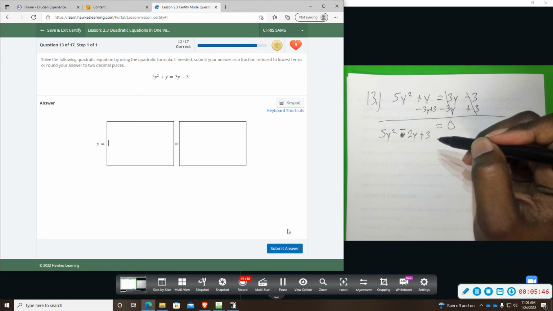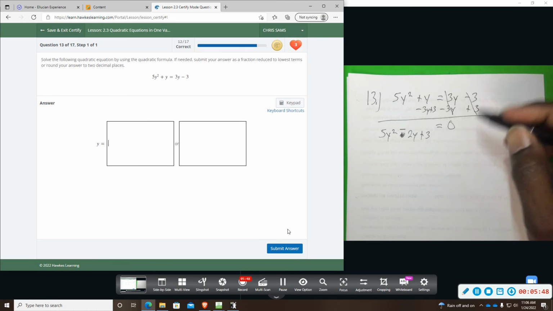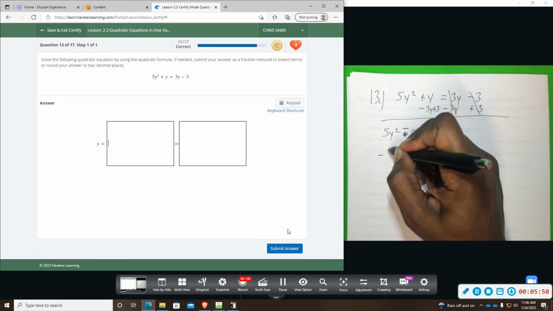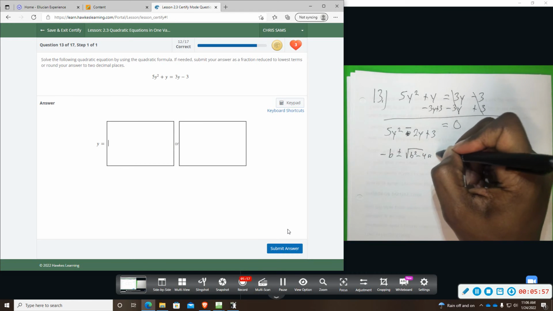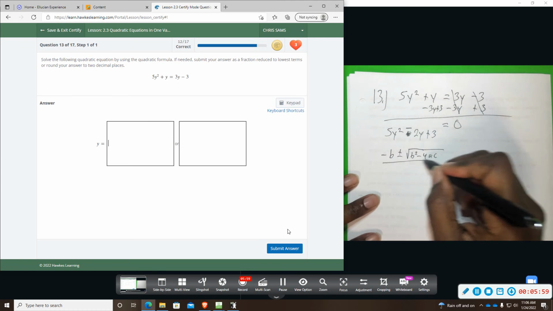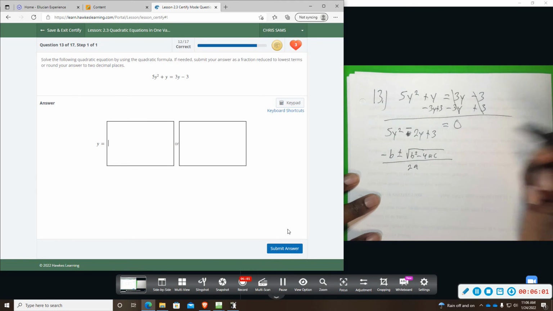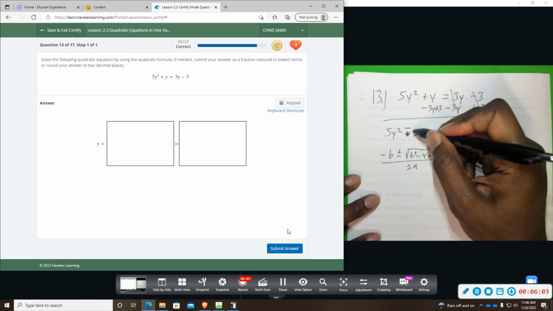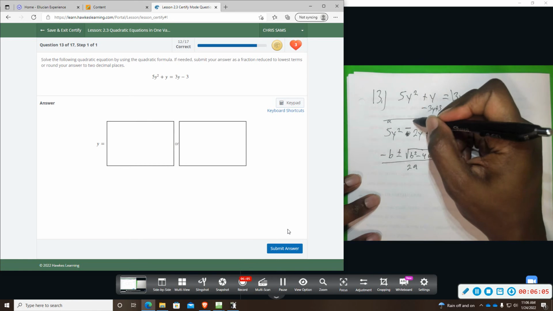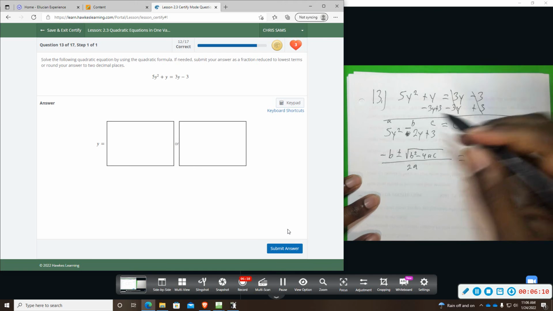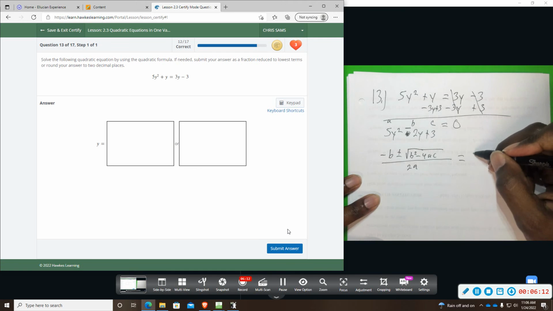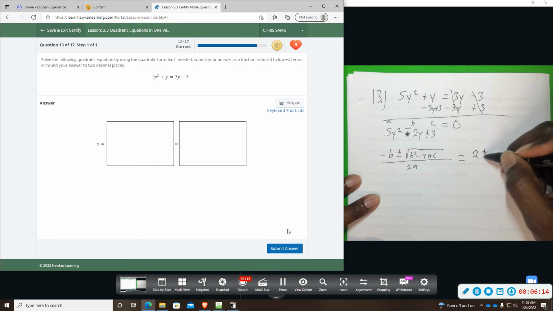We're going to use the quadratic formula. So this is a, b, c. The opposite of b, so the opposite of negative 2 is going to be 2, plus or minus the square root